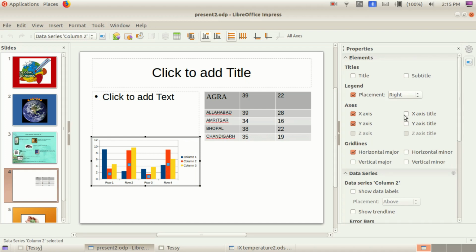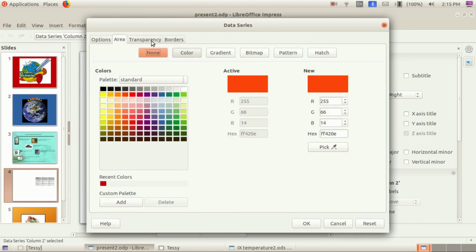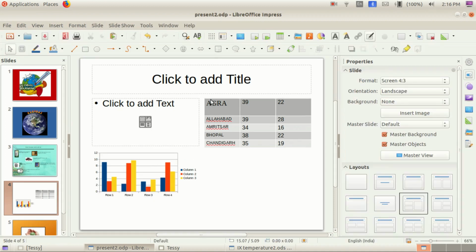Yes, here now we can't see the data. Instead of that you can double click and change area, transparency, borders, etc. You can change here, children. Okay, these colors you can change from there. Do you understand?